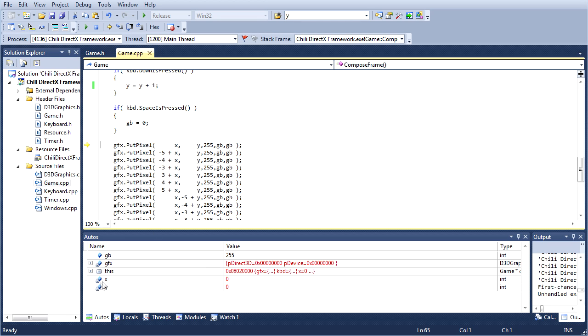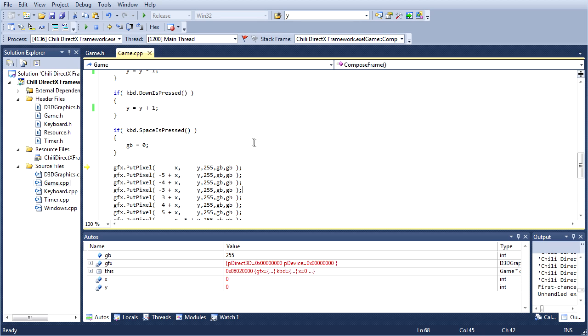Now if we look at our x and y, now they're set to 0 and 0. That sounds a little better, but it's still not good, because if you remember, our targeting reticle has wings that extend up and left. So if the center of the targeting reticle is at 0, the wings are extending above 0, meaning they're going off the screen, which will cause an exception. Alright, so what are we going to do about this? That's the question.